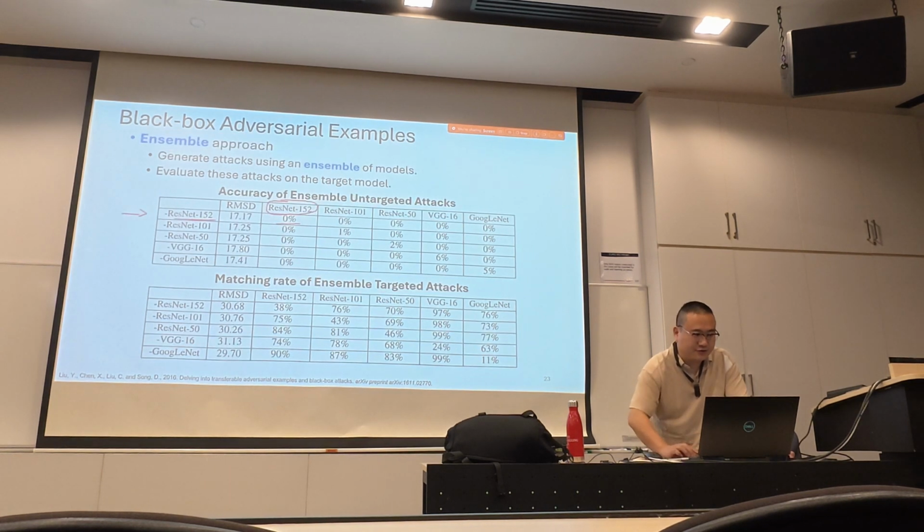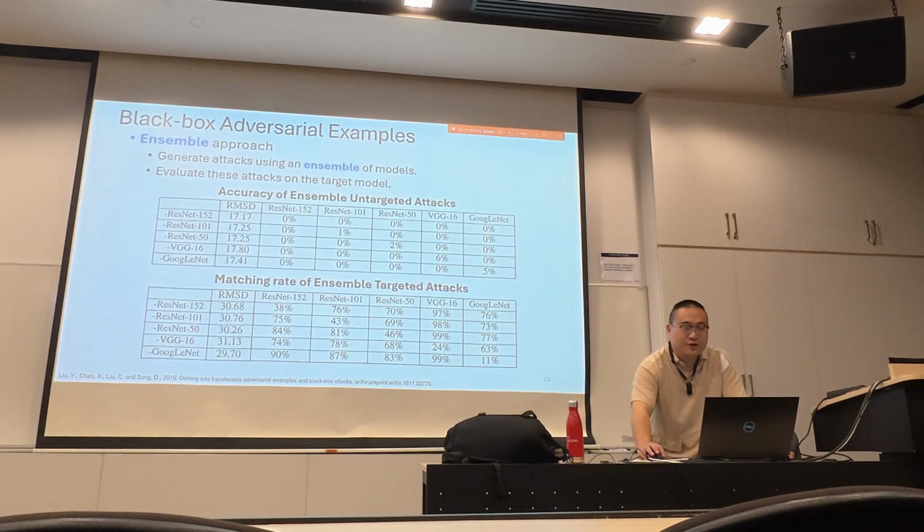And then let's continue with the ensemble approach. For the ensemble approach, we can even decrease the accuracy to 0%. So it means that we achieve a 100% success rate for anti-targeted attacks. Let's look at another row. For this row, the ensemble does not include GoogleNet. After we generate the attack and pass it to GoogleNet, we can reduce the accuracy to 5%. So previously,